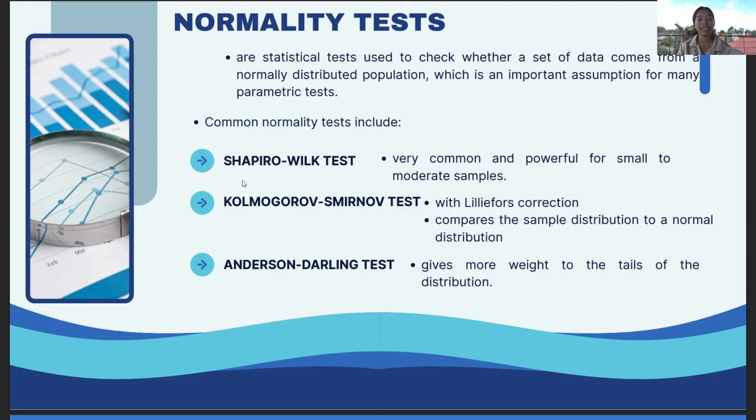So we have the normality test. The function of a normality test is that it is used to check whether a set of data comes from a normally distributed population, which is an important assumption for many parametric tests. So here are the common normality tests. It includes the Shapiro-Wilk test, Kolmogorov-Smirnov test,